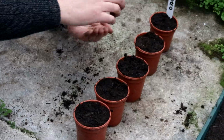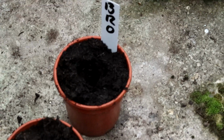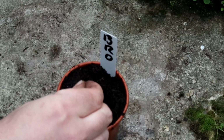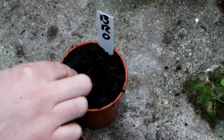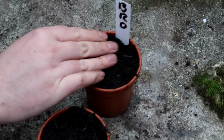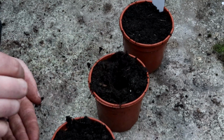Just let that sit there a minute. And then I make a little hole with my finger into the compost. And then I'm going to pop in there 3 seeds. So I've got 1, 2, 3. Tuck them in. And then once they germinate, I'm going to prick out the 2 weak ones and keep the strongest. That way I'm going to have the best plants going, because